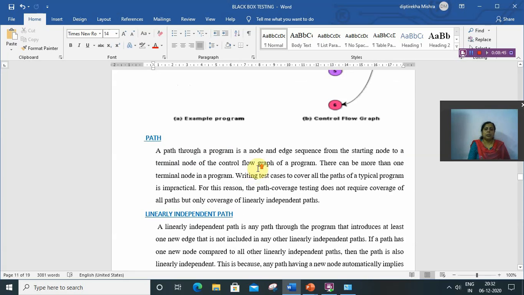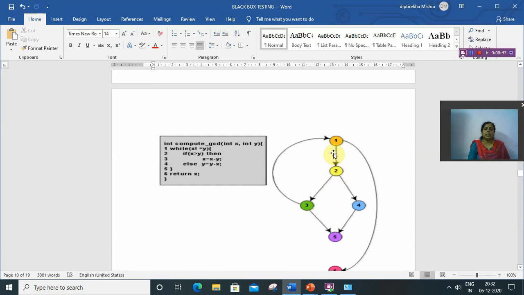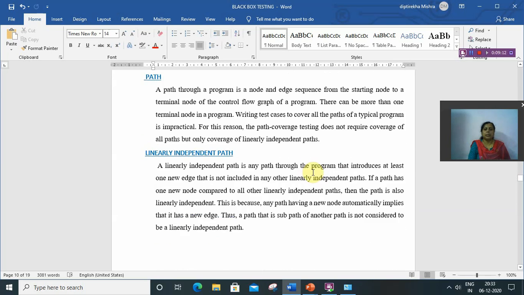For example, in this case 1, 2, 3, 4 is a linearly independent path, and 1, 2, 4, 5 is too, because 4 is a new node that is not included in the first path. And 1, 2, 6 is also a linearly independent path. So in this program there are 3 linearly independent paths.